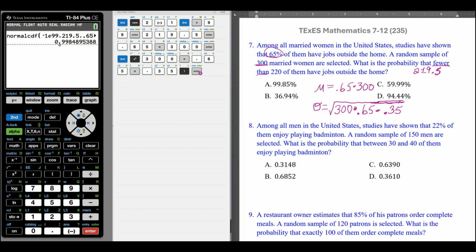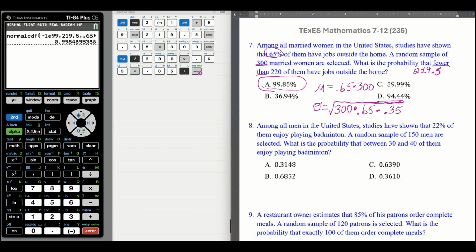I continue to enter until I get a calculation. So, am I even close? Okay, they change it to percentages, and I have 0.99. Well, there's only one option that's close, and that's option A, 99.85%. Okay, number 8. Among all the men in the United States, studies have shown that 22% of them enjoy